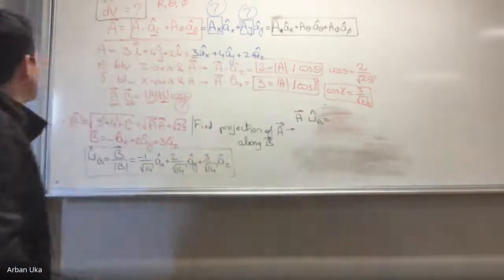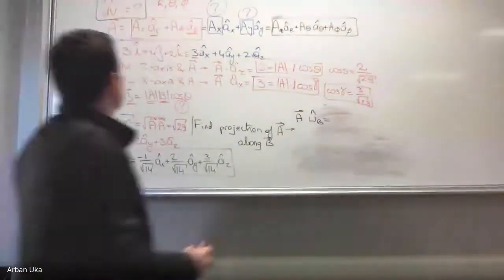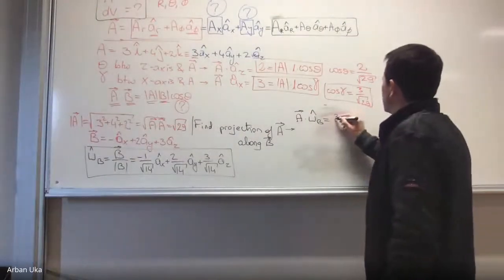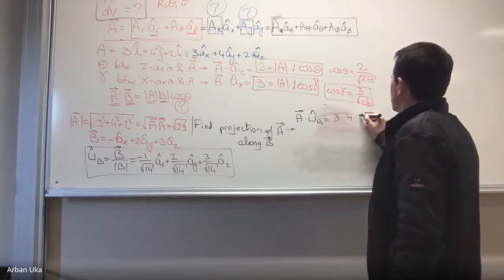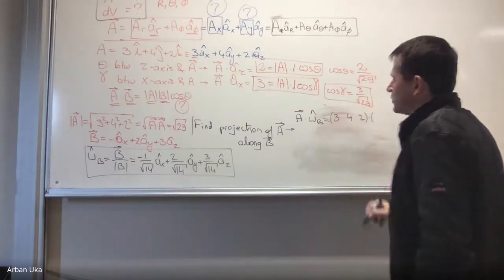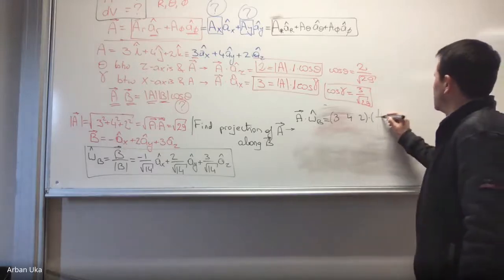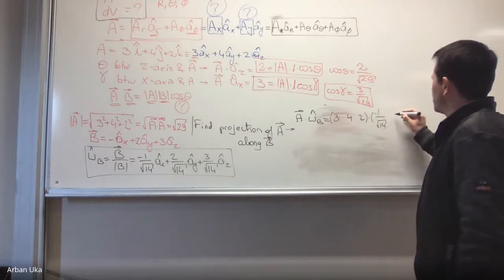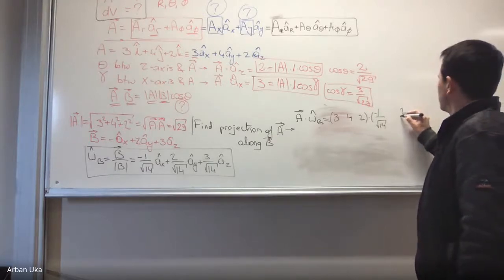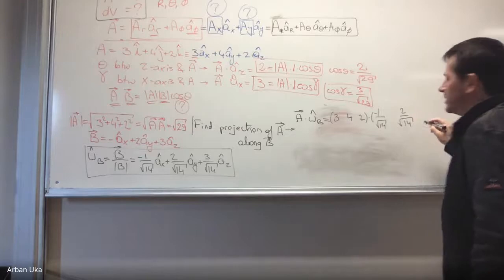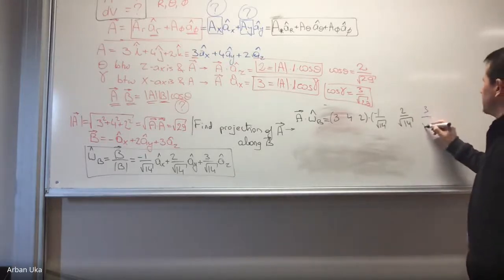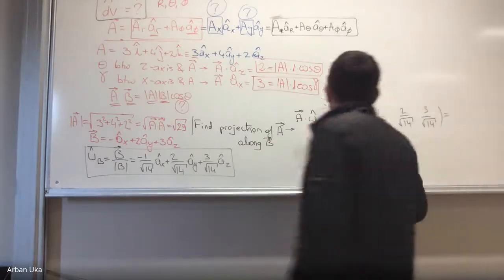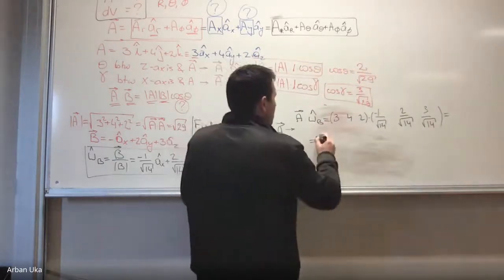and this is A equal to 3, 4, 2. We have the same A, right? Yeah. So let's write this: 3, 4, 2 dot product with 1 over the square root of 14 with a -1. The second component is 2 divided by the square root of 14 and 3 divided by the square root of 14. Then from here, we get that this is -3